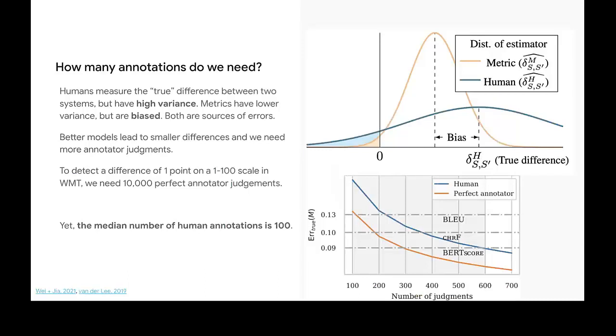Another issue that we often see in these evaluations is that we need many more annotations than are actually being collected. The median number of human annotations is 100 for NLG. And I actually have a hard time finding any paper that evaluates on more than 100 examples. Yet, there is a study that came out last year that showed that to detect a difference of 1 point on a 1 through 100